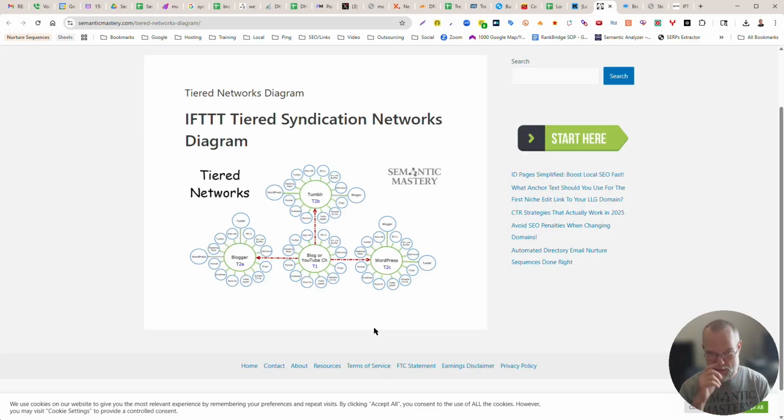But remember, I mentioned there was an attribution link that would cite the original source. So in all the syndicated posts, there would be a minimum of 2 links. One attribution link that would link back to the original source, which was the post URL. And then the contextual link in the content body of the post that pointed to the main money site page that we were trying to ultimately promote. Do you see what I'm saying?